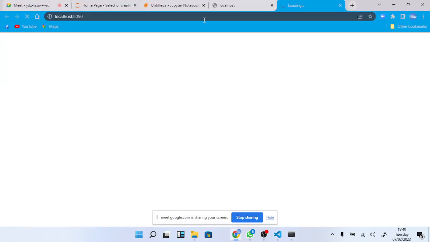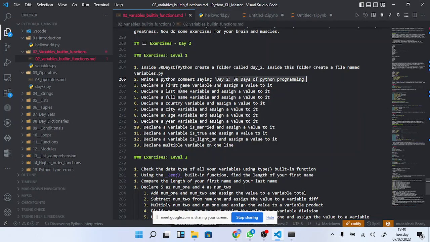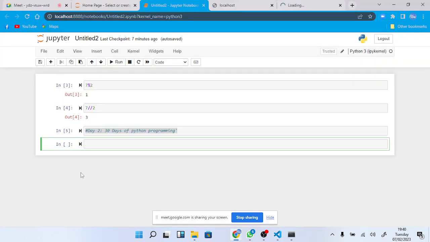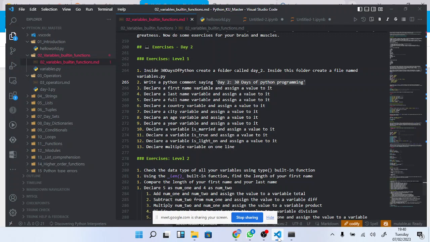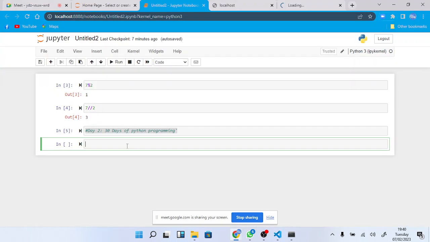Then another one is: declare a first name variable and assign a value to it. So what does it mean? To declare a variable means that you want to name a variable. So in this case, the name of that variable is first name, and then you give it a value. So what you do, you say first name,